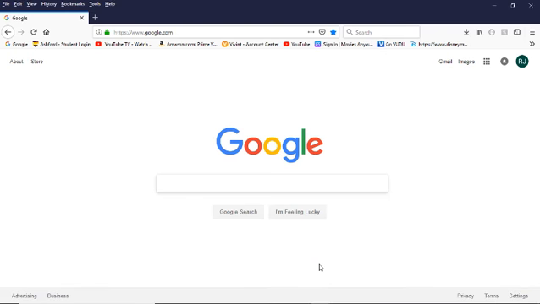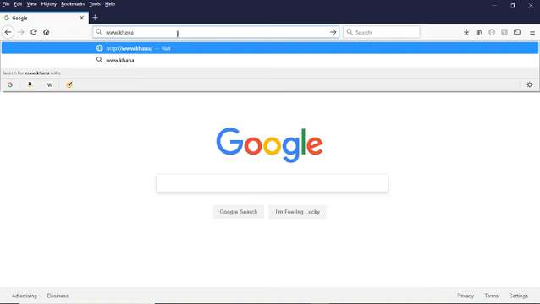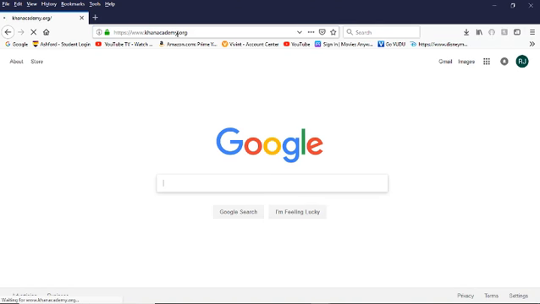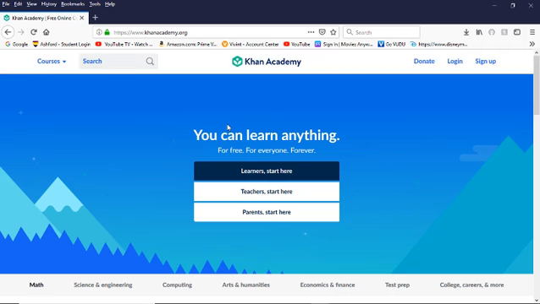Okay, the first thing we're going to do is enter the URL, which is going to be www.khanacademy.com. Okay, so there are a couple of different options at this point because the service is nonprofit and therefore the